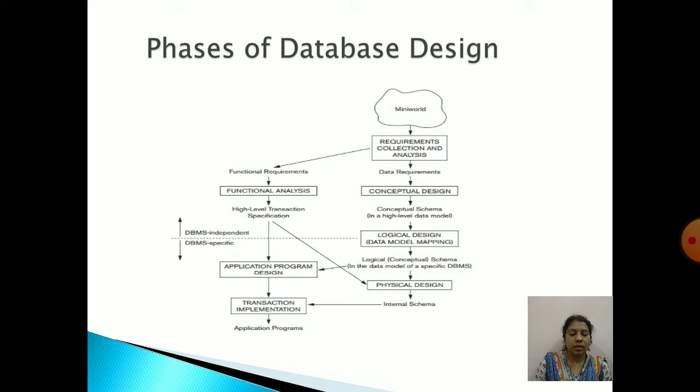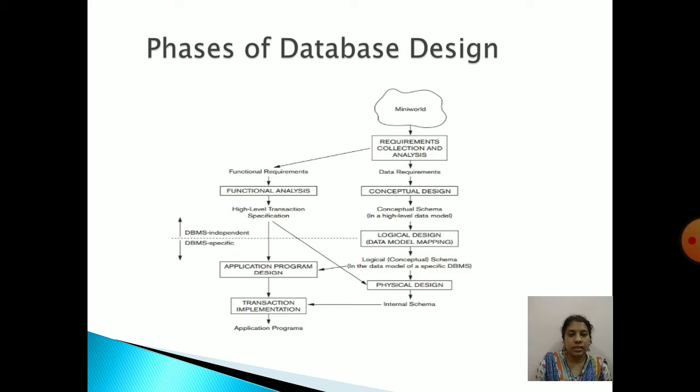There are mainly four phases: requirement collection and analysis, then conceptual design, logical design and physical design. First thing what you will do in any application development, you have studied in software engineering, right? When you are developing any project, you have to follow the SDLC, software development life cycle.